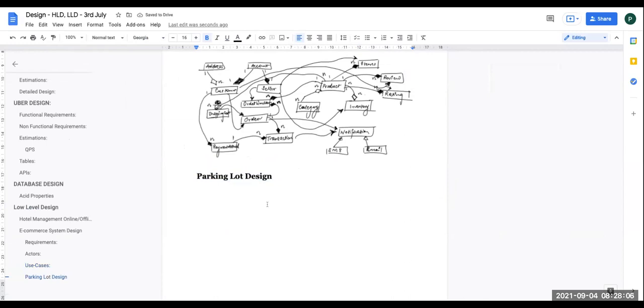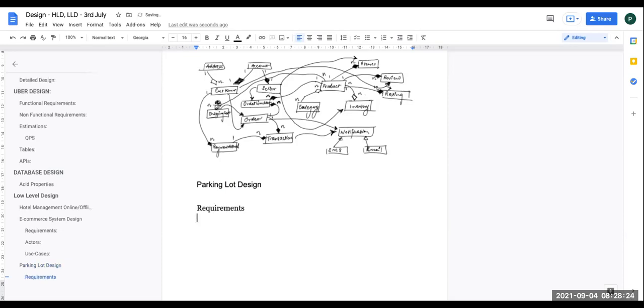As a part of parking lot design today, let's start taking the requirements. What are the basic requirements which we need to design for? Let's start with the requirements part. What all use cases do we want to cover? So we can say that there will be a